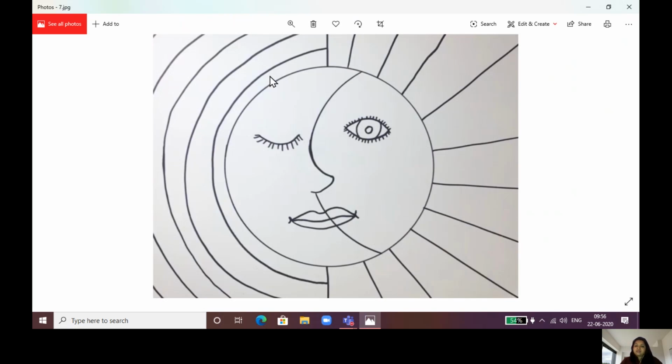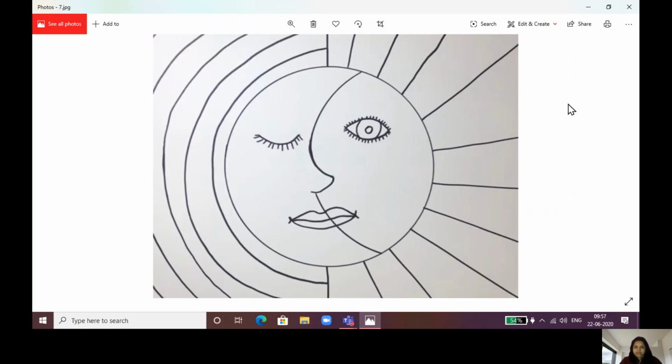Of course, he has a light behind, right? The moon. So you can add some waves on the left hand side here, like this with the curved lines. Yes, with this step we have all done with our moon and sun activity drawing part.